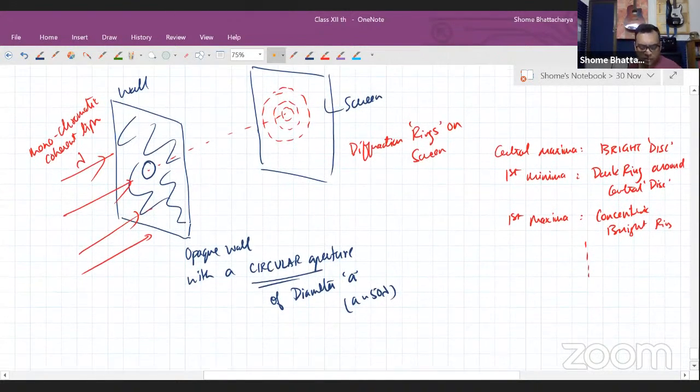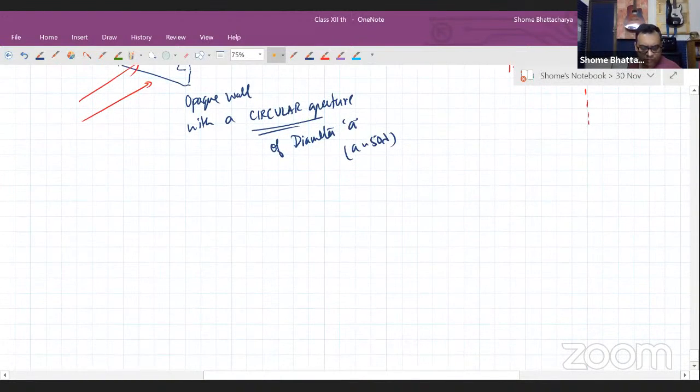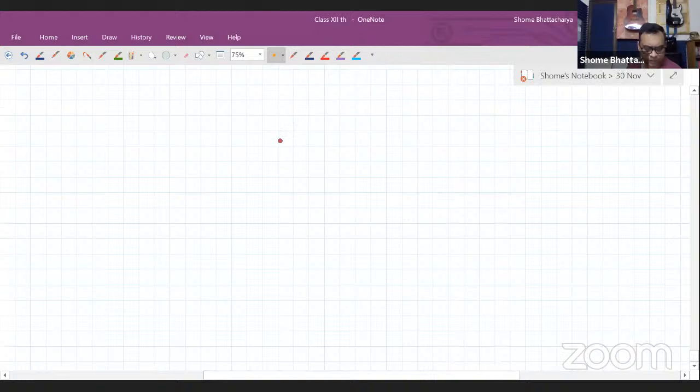Okay, so the important formula to remember here is the formula for the radius of the first dark fringe. Or actually, the formula of the angular position of the first dark fringe. Okay. So let's understand that geometrically first. So making a slightly more side-on kind of diagram now. So if this is your round hole,